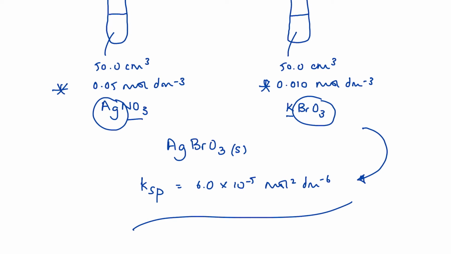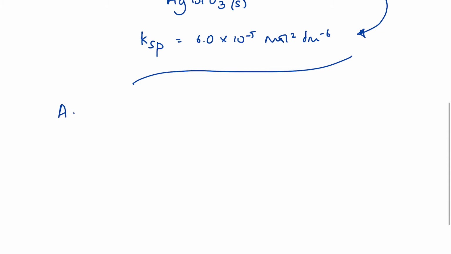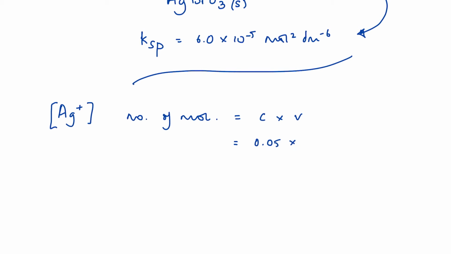Step 1, we need to know what the concentration of silver ions is in the mixture. So the number of moles of silver ions that we added is the concentration times the volume. The volume needs to be in decimeters cubed, so that's 0.05 times 50 centimeters cubed, 0.05 decimeters cubed, and that comes to 0.0025 mole. So that's the number of silver ions added